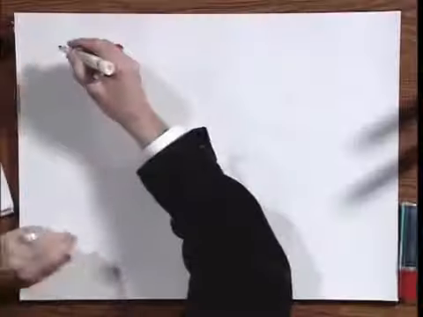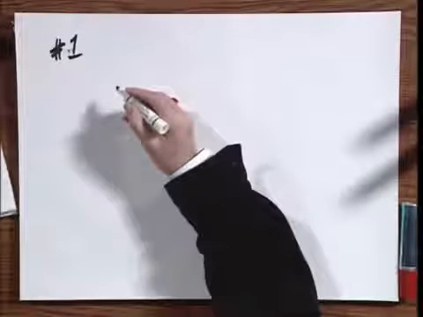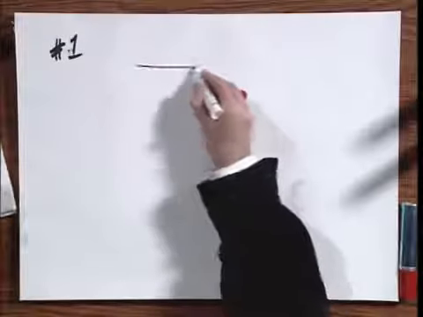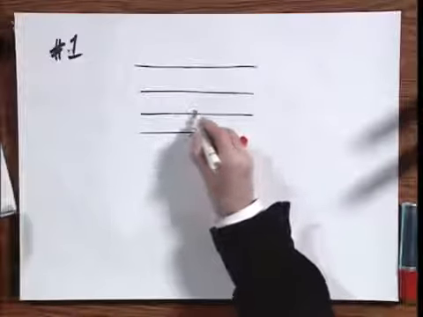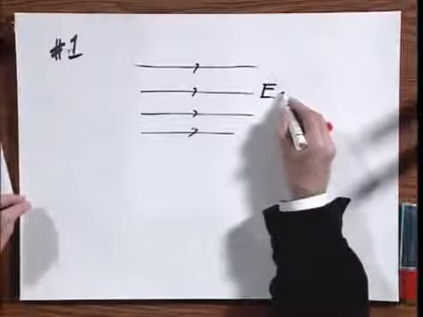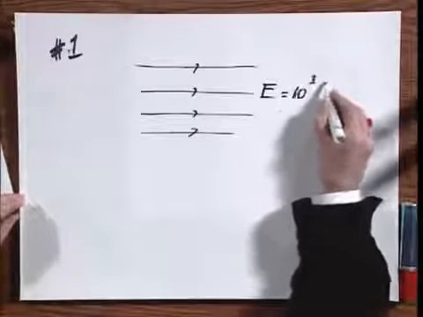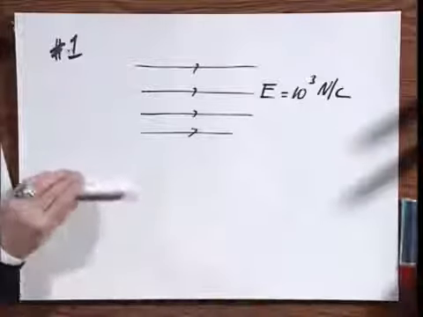Problem number 1. Problem number 1 addresses the idea of electric field. Suppose we have a uniform electric field, E. I think the electric field is 10 to the 3 newtons per coulomb. And we have an electron